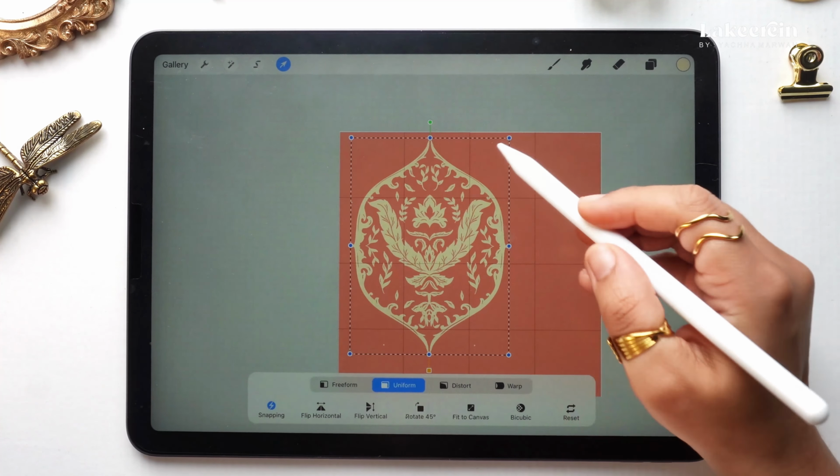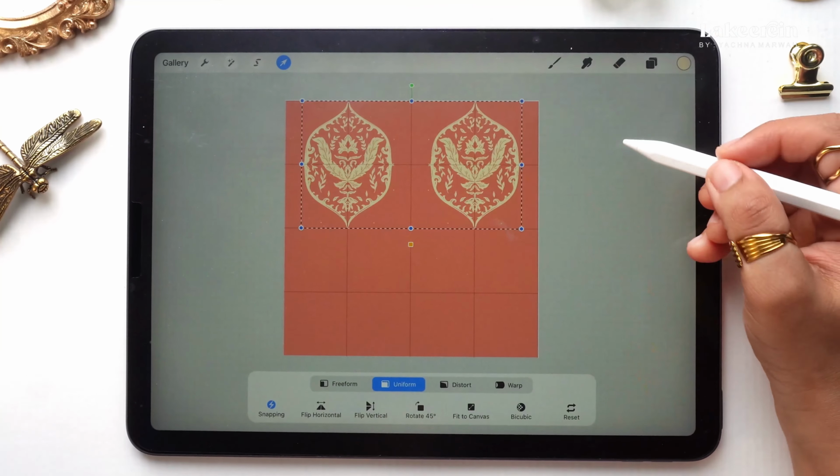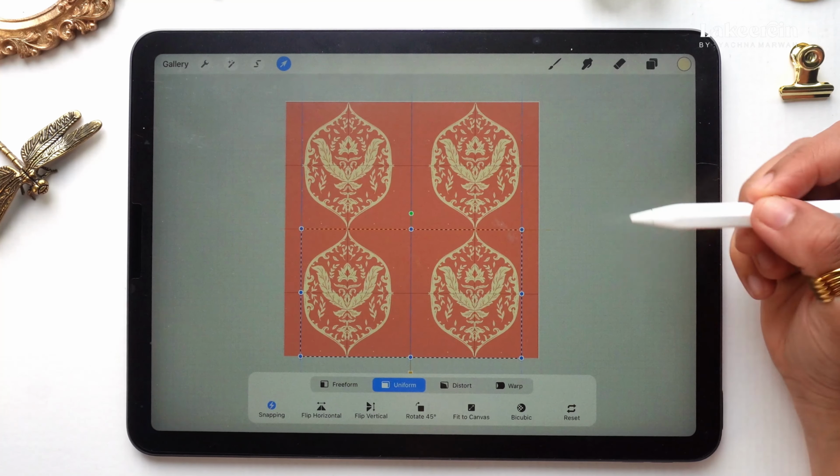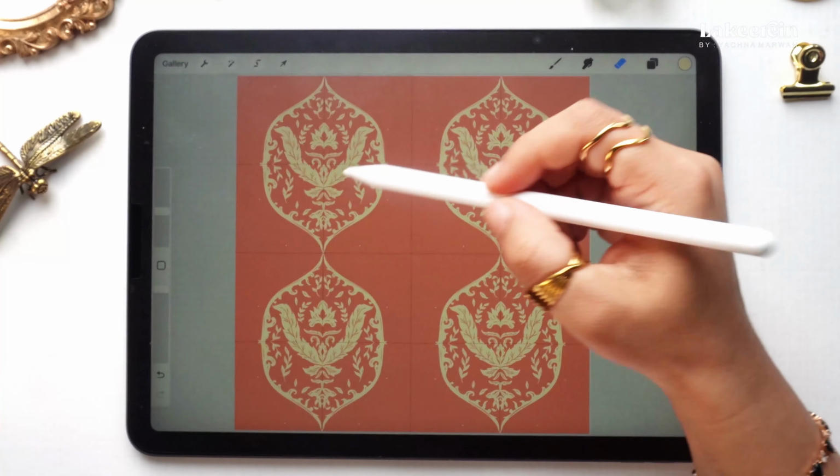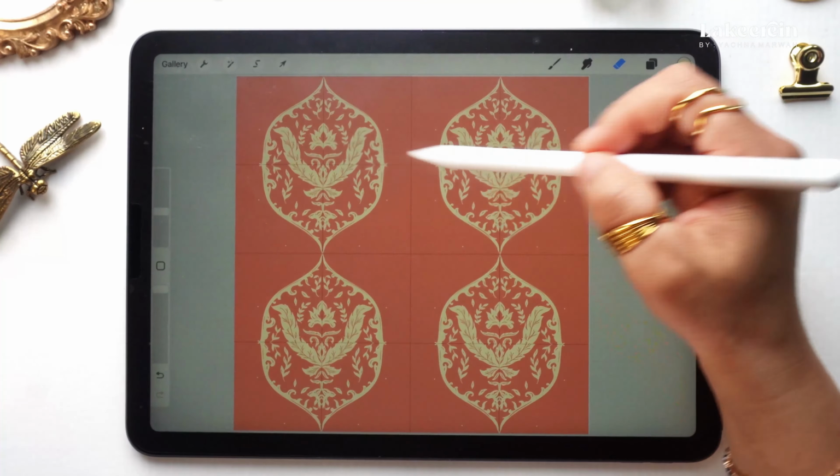After you do this, you swipe and duplicate, go to the arrow, and make sure you are on bicubic so that the resolution does not change. After you do that, you can put these on the other half. Similarly, make sure it is coming onto the horizontal and vertical line. Once you do that, you can merge these two layers, duplicate again, and try to put it here. So on each quadrant we have this shape.